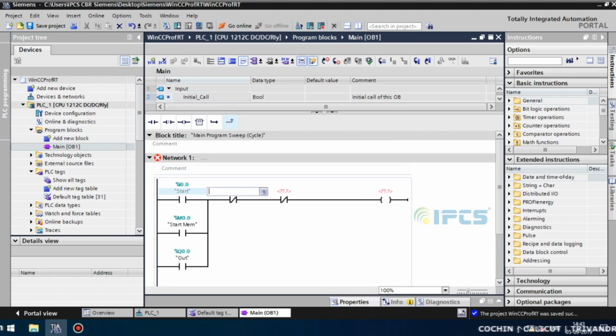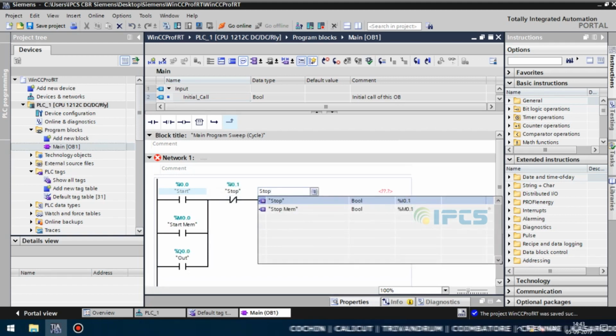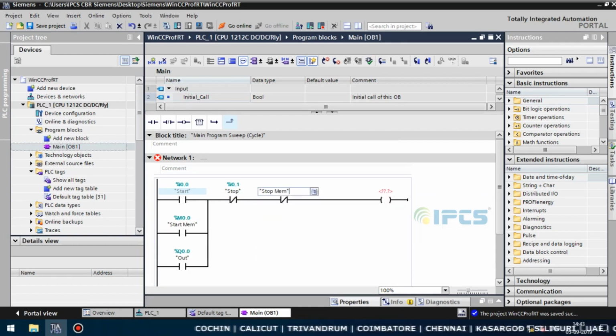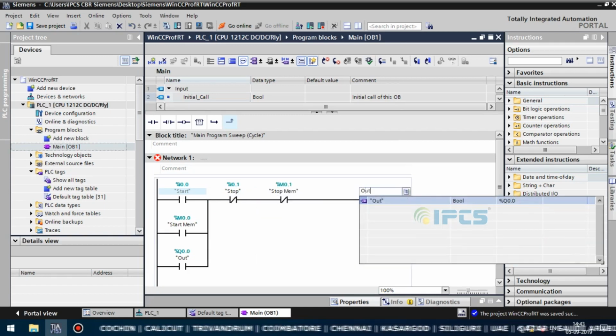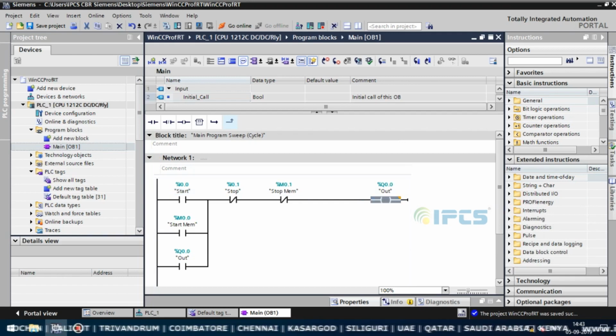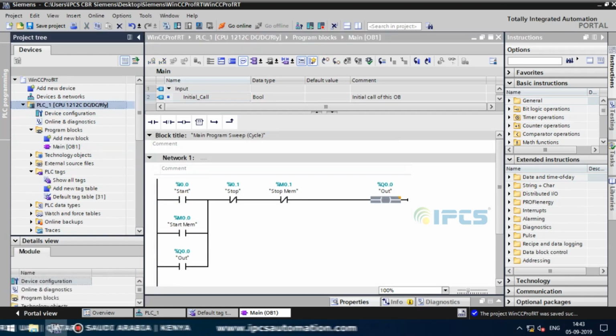It will be the output, stop, and stop memory. Once everything is done,